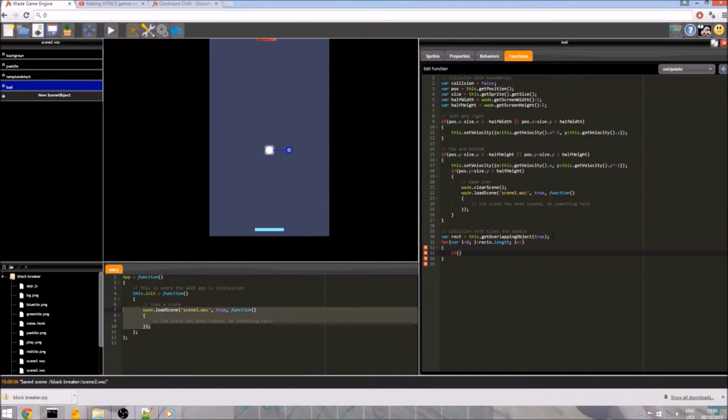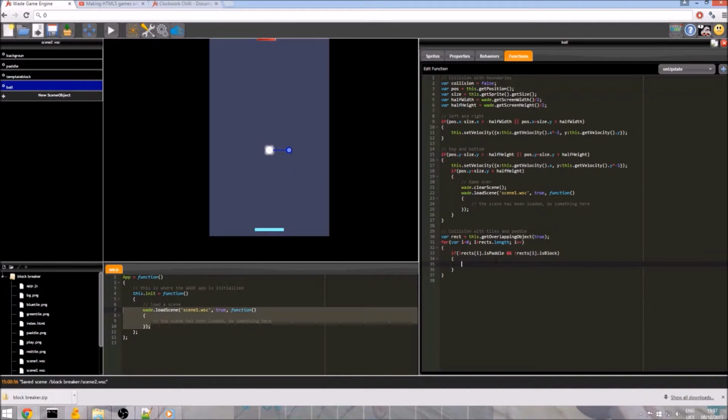Oh, in fact, sorry, I got a little bit confused there. No, I'll write the code first and I'll explain it to you. So rects[i].isPaddle, rects[i].isBlock, capital L there.